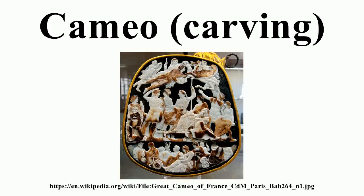Cameo is a method of carving an object such as an engraved gem, item of jewelry or vessel made in this manner. It nearly always features a raised relief image, in contrast with intaglio, which has a negative image. Originally, and still in discussing historical work, cameo only referred to works where the relief image was of a contrasting